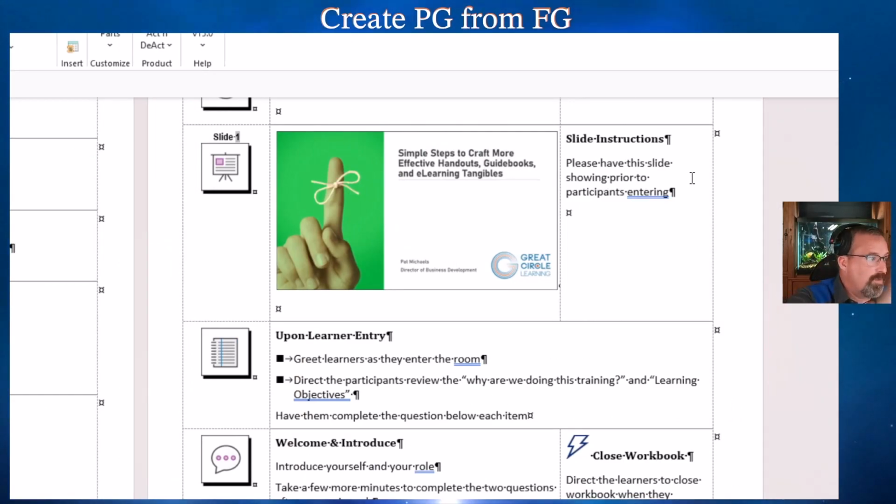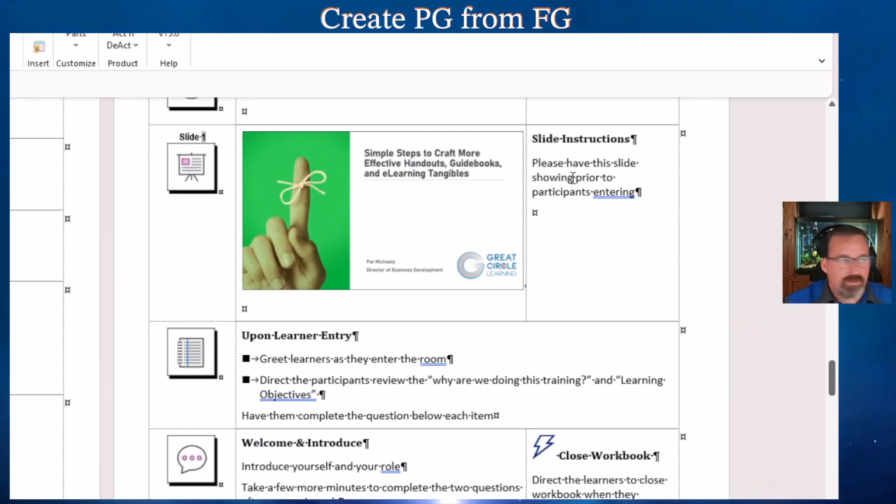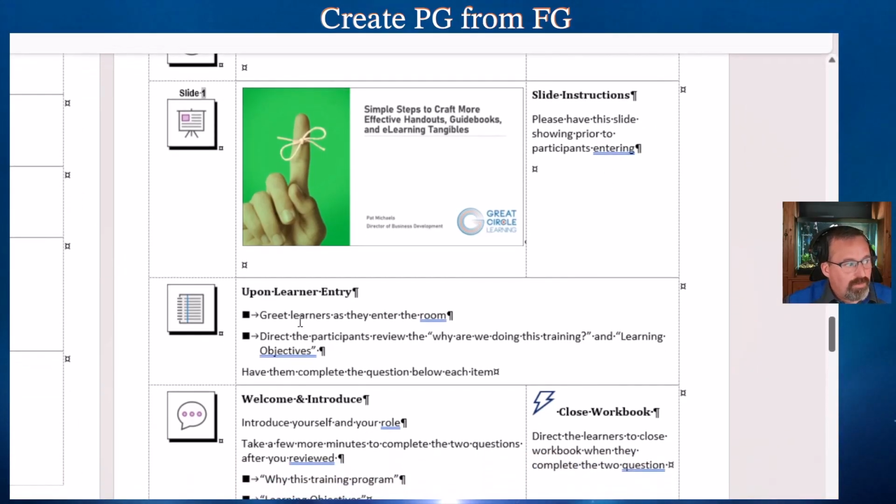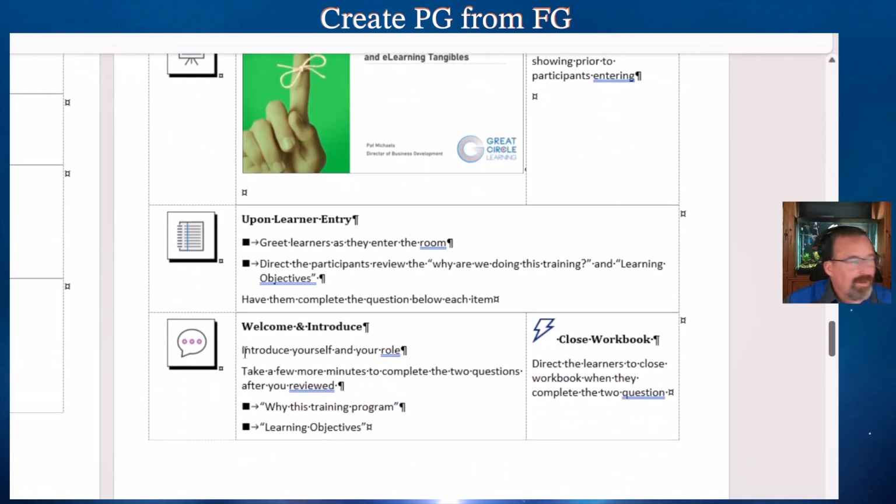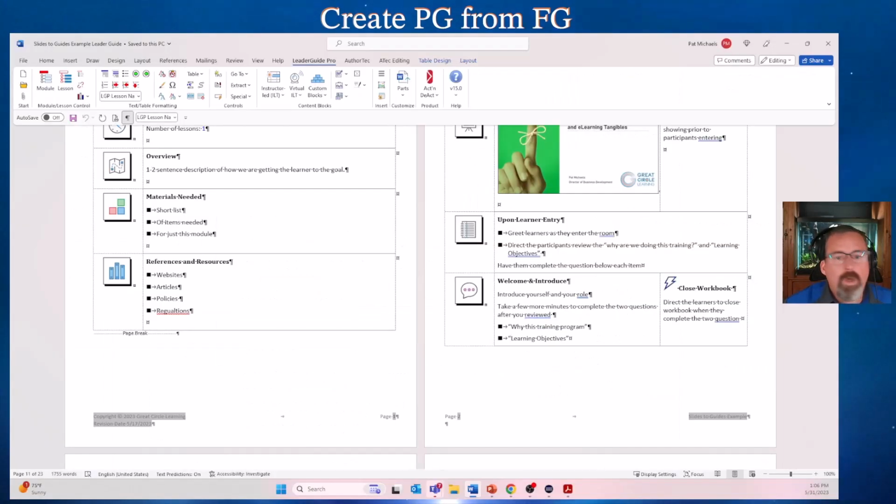They know we're going to be showing a slide. Here's the slide that's going to be shown. Maybe I have some instructions to the right of that. After that, we've got a little bit of a workbook activity, and then we're saying things. So our facilitator guide's broken up into content parts. But once we've flushed that out to the way we need it